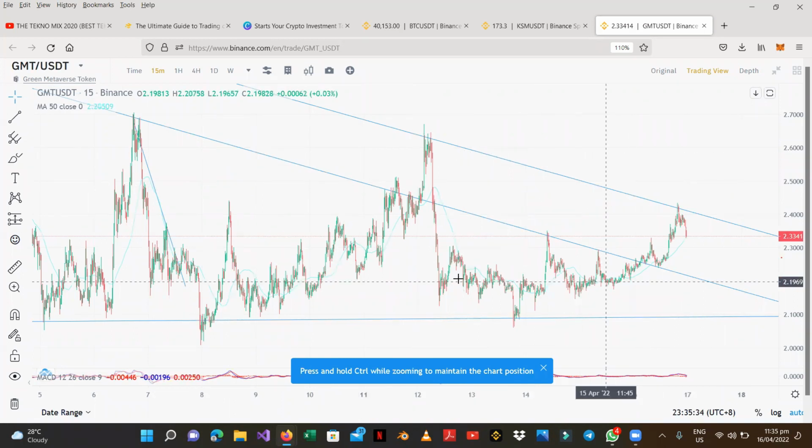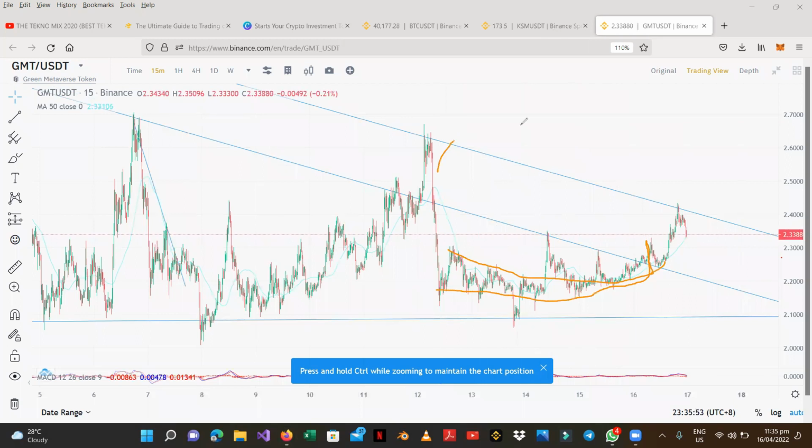Let's call it U, not C. Like this, it's going like this. Let me try to annotate it. If you look, this pattern was going like this. If I draw it properly, it was like this. It's like a U. We call it cup and handle. If you see something like this, it's more dangerous. You will see him drop immediately. So